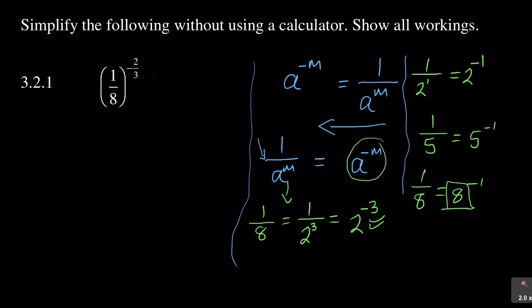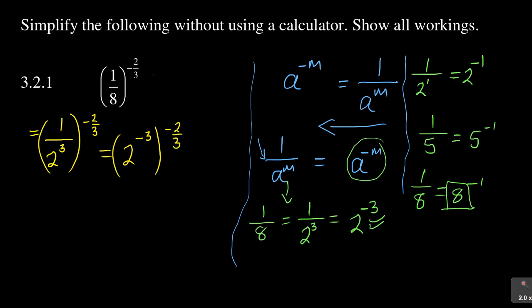So then I can write my 8 in this case as 1 over 2 to the exponent of 3, and then after that I have got minus 2 over 3, which is equal to 2 to the power negative 3, and then I have my negative 2 over 3. And then when I've done that, the two exponents here that you are seeing, when they